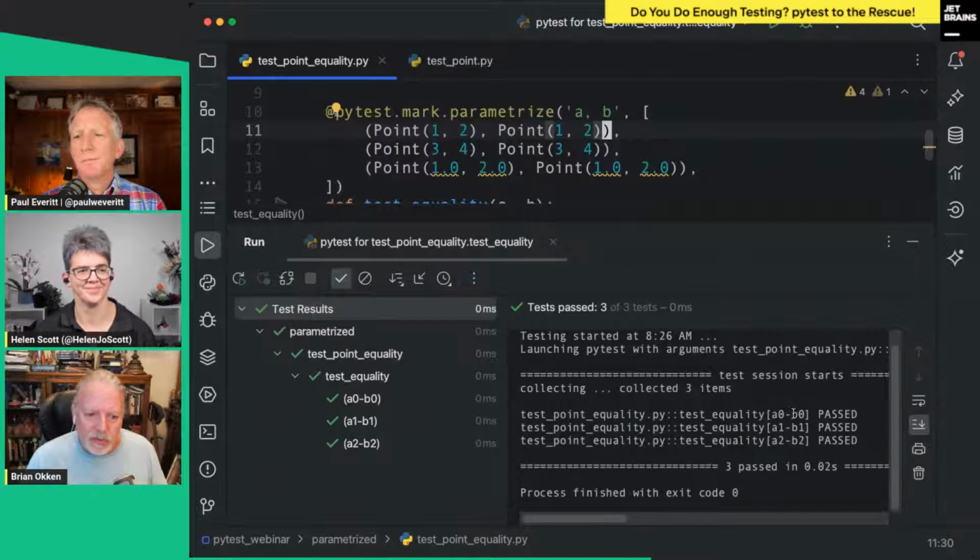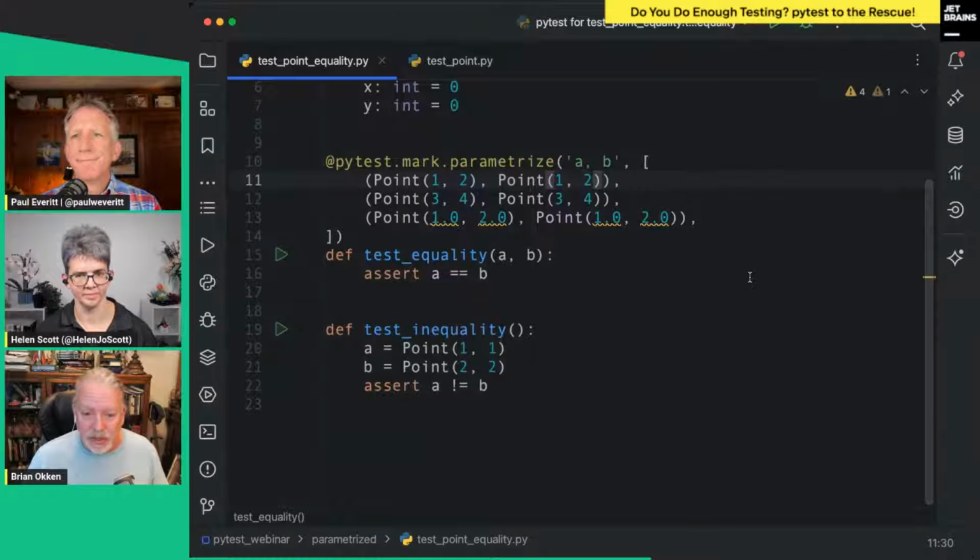we have 3 tests. The bad part is I did something that PyTest is slightly confused about. I don't know why it's confused, but it doesn't know what to call these things. So it just has A1, A0, A1, and A2, because anything that's an object, if it's a string or an integer, it automatically prints it out. So we have to tell PyTest how to label these things. And we just say IDs.